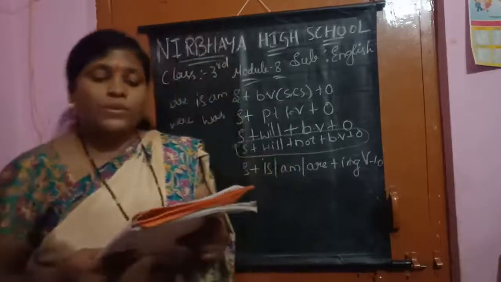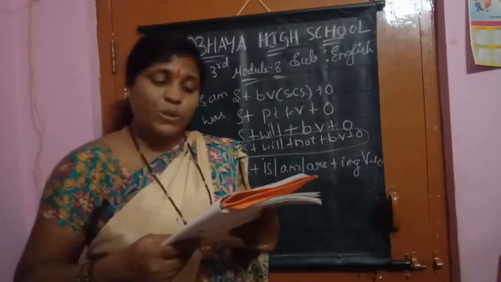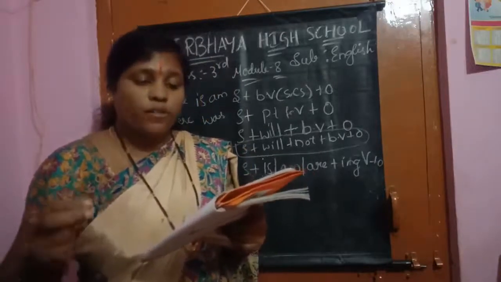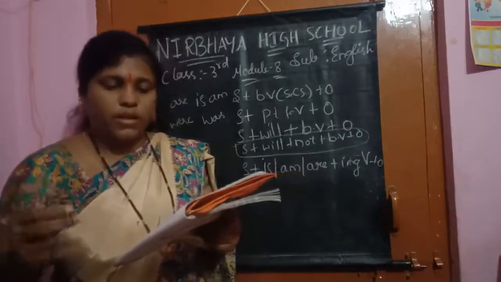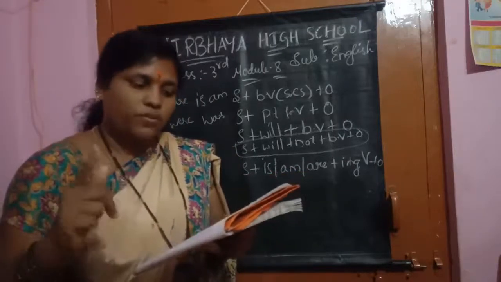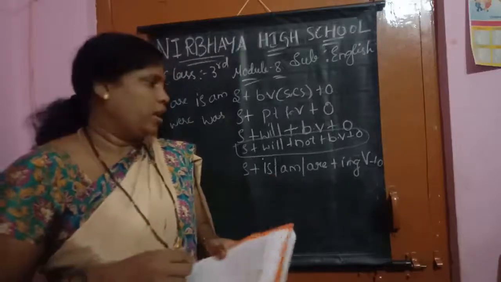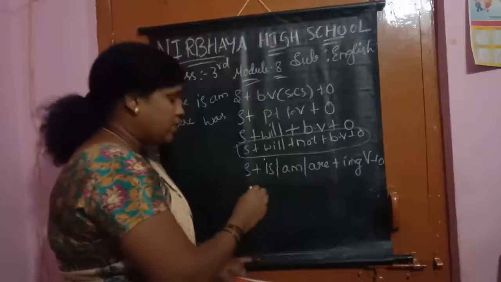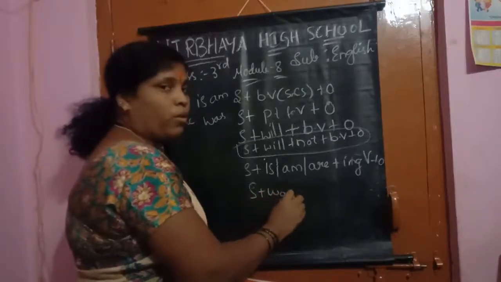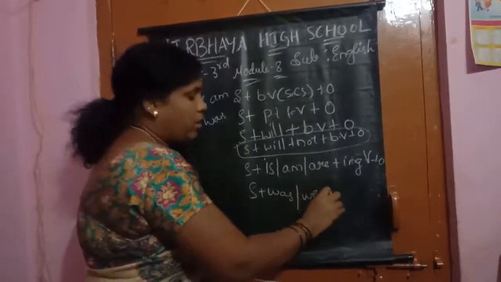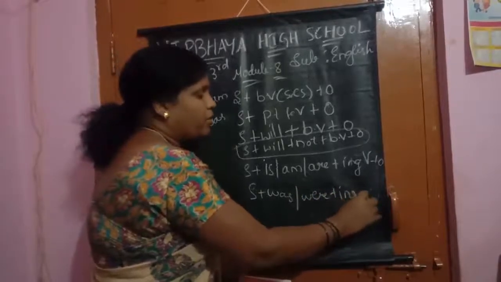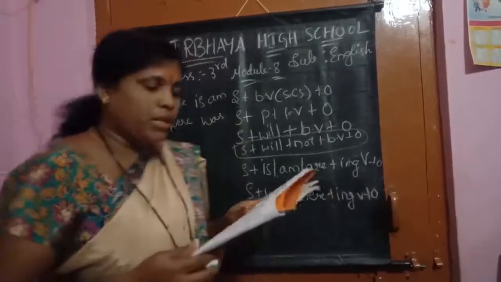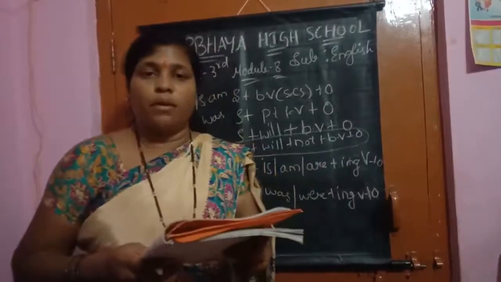See here, as well, we use the ing form of the verb. Here also we will use the ing form of the verb, but we will use was or were before the ing form. For the singular we will use was, for the plural we will use were. Understood, children? In the present, for the singular is and am, for the plural are. A subject plus was or were plus ing form of the verb plus object. This is the past continuous rule. Understood, children? I was studying for my exam.